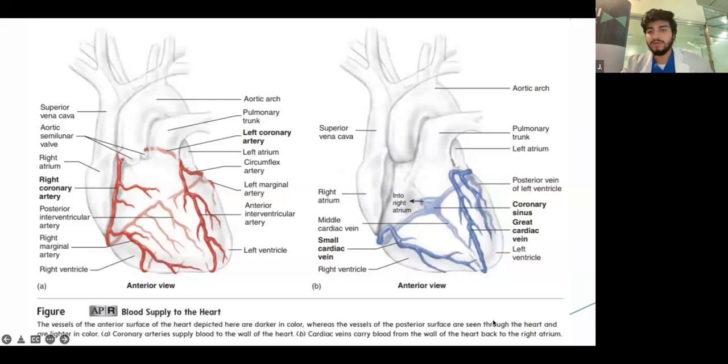So now let's go to the veins. What's important about the veins is that all of them drain into the coronary sinus, which is in the coronary sulcus at the back of the heart, okay? All of them drain here, and that drains directly into the right atrium, okay? And another important thing that you should know about this, and this is very, very high yield, this comes in step 1. This comes everywhere. Okay. And that is that the coronary sinus is where you have the most deoxygenated blood in